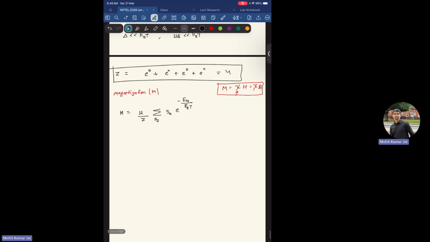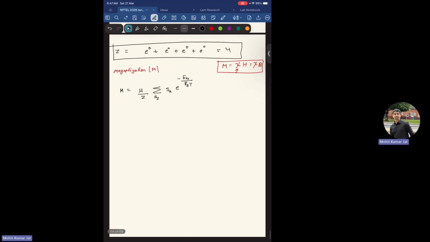That's how you evaluate the magnetization. So you have Hz equal to 0, then you have plus 1, 0 and minus 1. We'll substitute all of those values, and we'll take delta to be very much less than kBT, so we'll ignore the delta term for the time being. If you do so, what we get is mu by Z,